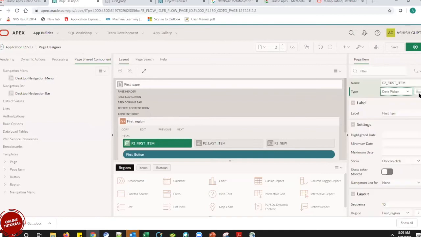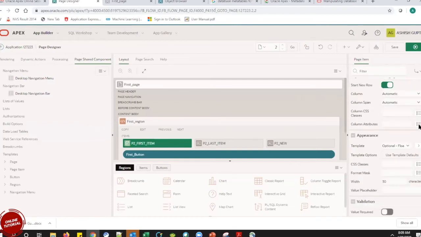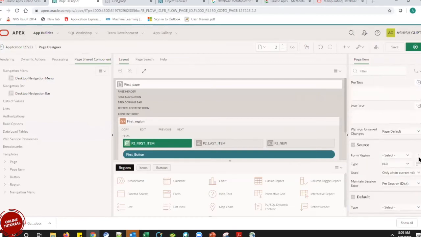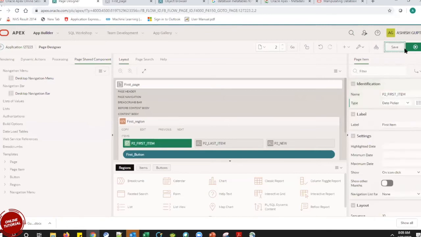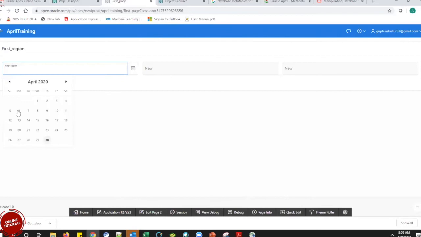Now the date picker also has settings. First, we'll see this. This is a date picker field where you have a date and can select whatever date we want. Or this is also a text field where you can type dates like 6 June 2007.